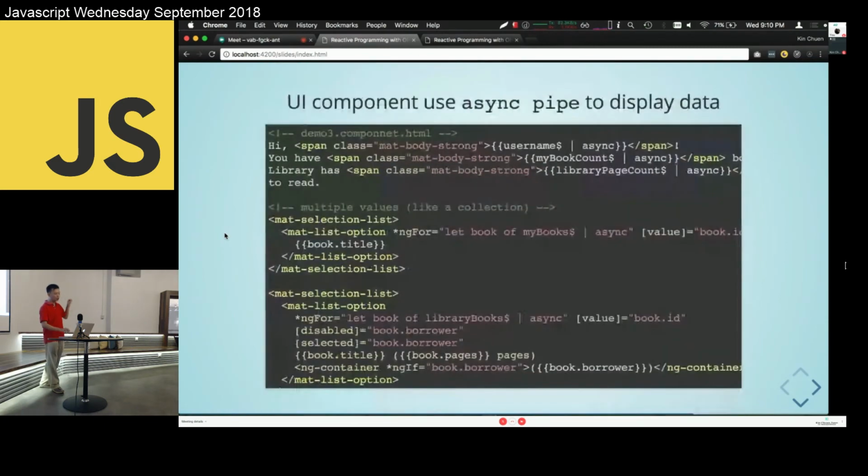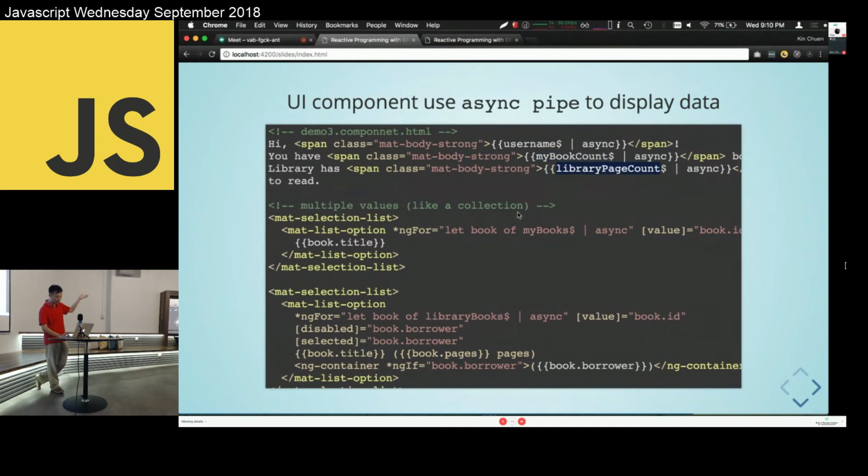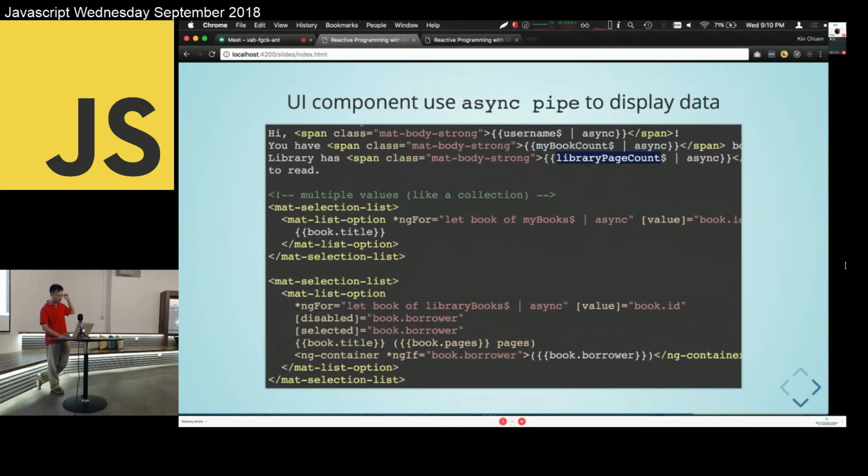And then how do we display the UI? This is literally how I display the UI. I say hi, then a span, and then I have a username, and it's just asynchronous data. It's just a reactive piece of data. This thing will change when it changes. So I have my book count, my library count, and library page count. And when I'm listing the books, I list it like a collection. Remember, I was saying